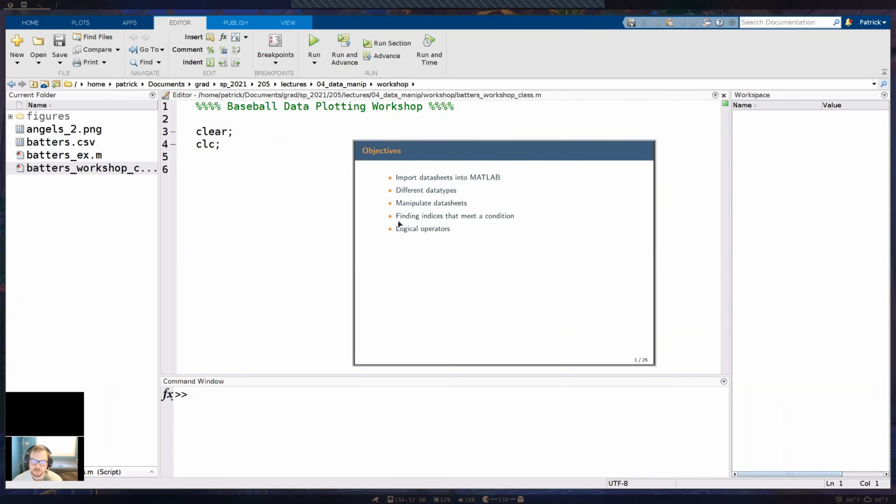And then we'll learn how to find indices that meet some condition. So I know that's pretty vague, but you'll see in this workshop. It can be for basically any condition that we come up with. We'll learn how I can find the index for some condition. And then we'll briefly touch on logical operators today as well. And we'll talk about those in more depth later on too.